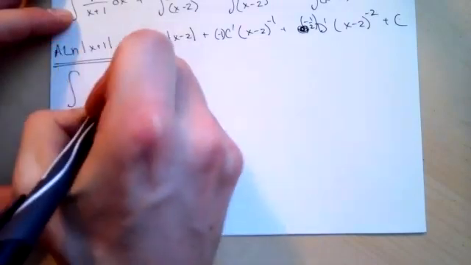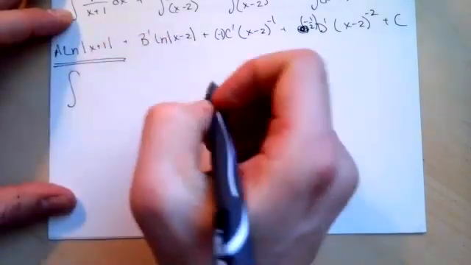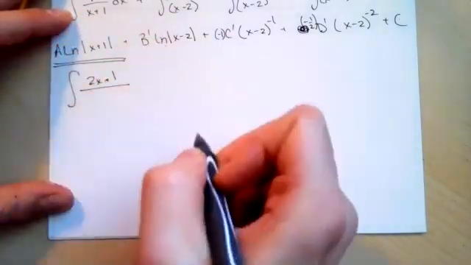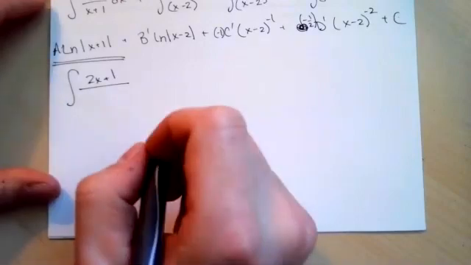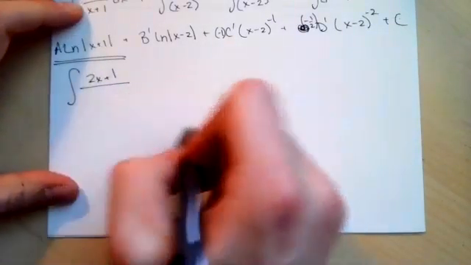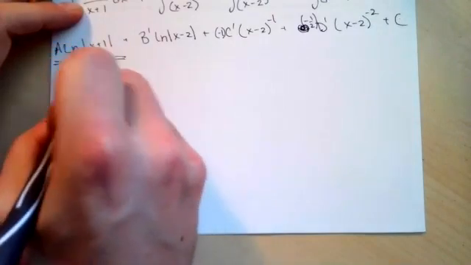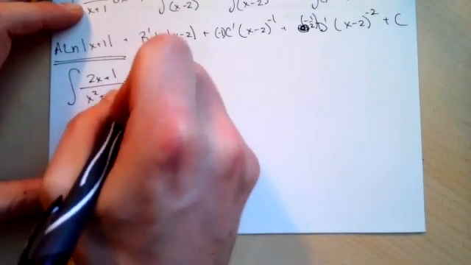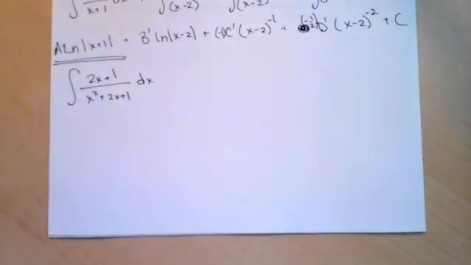If we have something like, I don't know, 2x plus 1 over, let's pick an irreducible quadratic and then raise the degree. So when we have something like x squared plus 2x plus 1 dx,